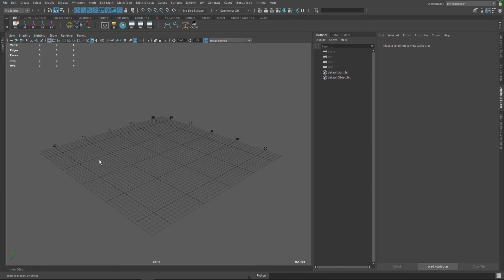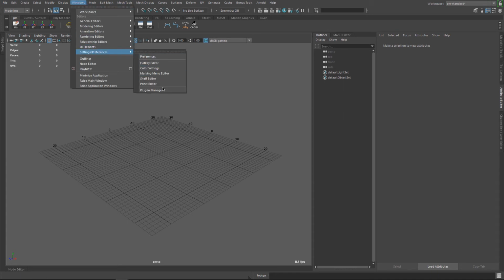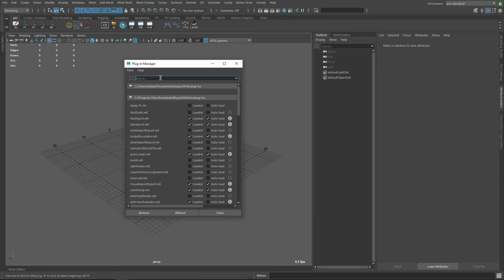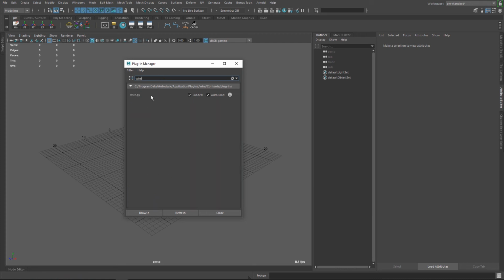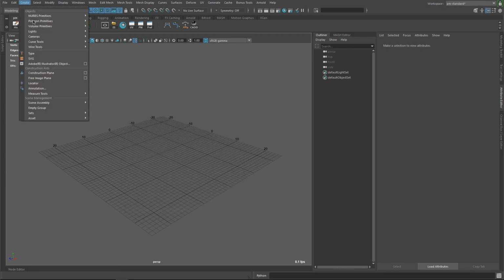After installing and opening a new Maya session, we want to make sure that everything is set up correctly, and we're going to do this by going to Windows menu, Settings and Preferences, and clicking Plugin Manager. In Maya 2018, they added this very neat search bar, so I'm just going to type wire here, and wire.py is visible, it's loaded, and also the autoload option is checked. So just make sure those two options are checked. After that, I'm going to close the Plugin Manager. And in the Create menu, the Wire Tools submenu should be visible with one menu item in it, Wire Mesh from Curve. I'll make sure that everything is working correctly by creating a very